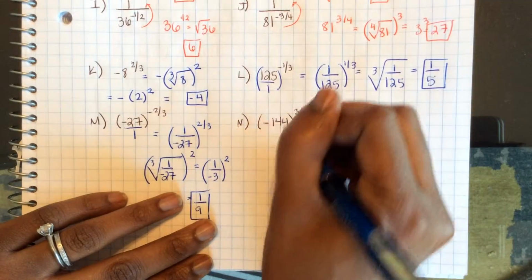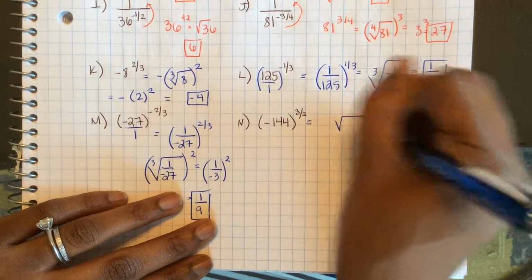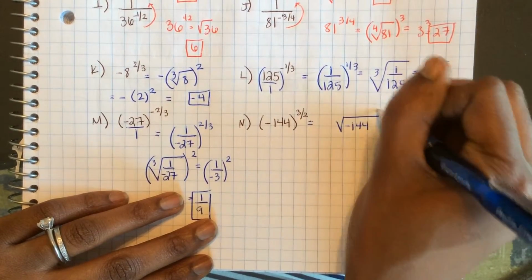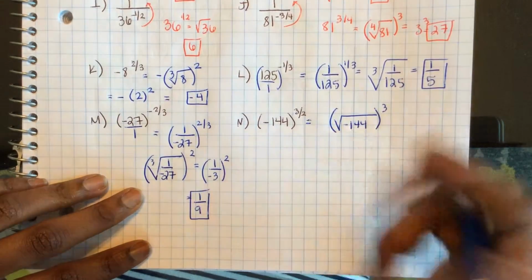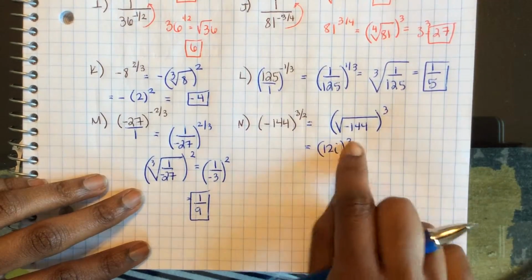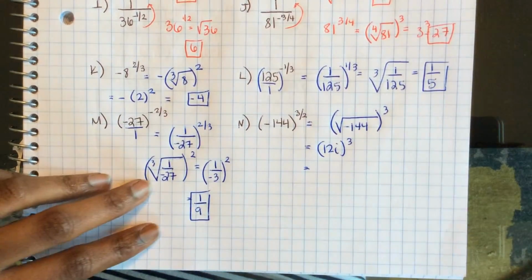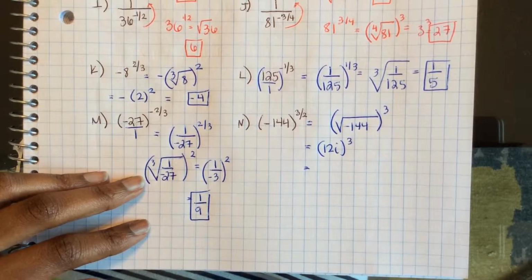Last one here, negative 144. Let's see, that's going to be the square root of negative 144 to the 3rd power. The square root of negative 144 is 12i. And now I'm going to cube that. 12 cubed, let me just make sure I get this right. 12 cubed is